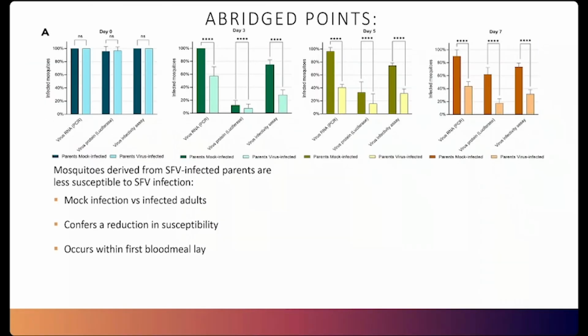And this happens within their first blood meal. How they did it was that they infected the blood with SFV, and this is their defense against it between generations. Other experiments will do it in their water, or in their sugar. But for this experiment, it's within their first blood meal. These are all female mosquitoes, and this is only for alphaviruses. Other viruses will actually stay in the mosquitoes, so it's constantly fighting it. It will always have some partial immunity to it for those ones.